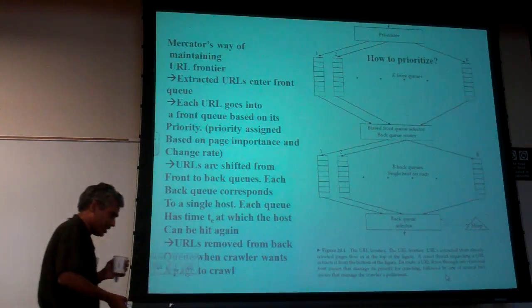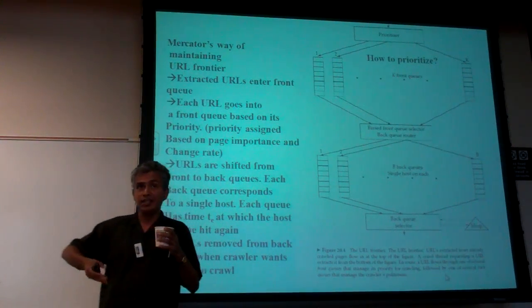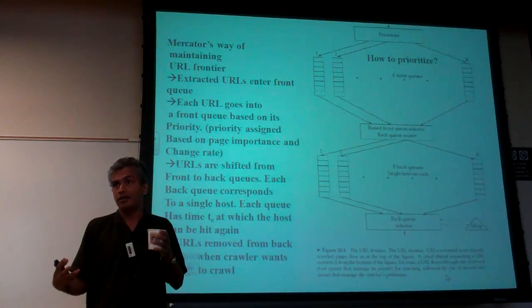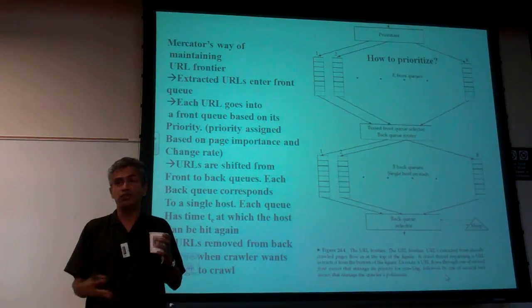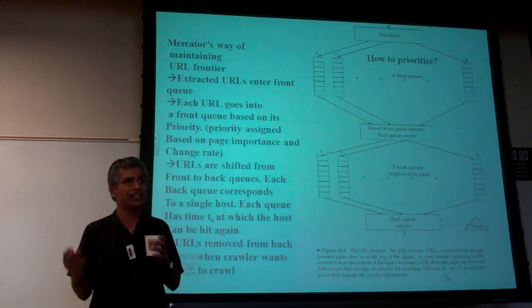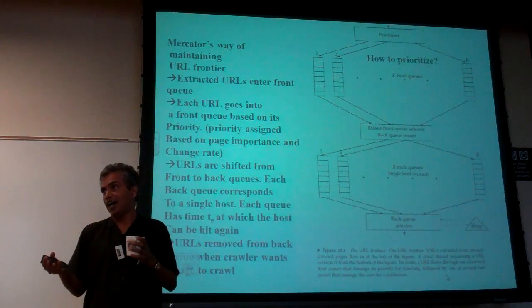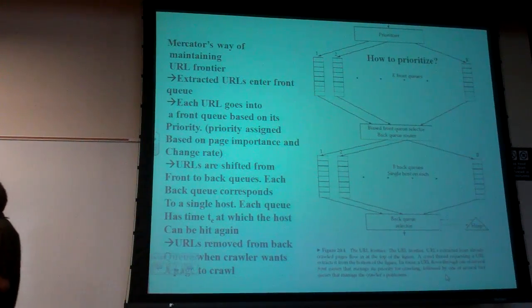So for example, a page in the National Archives giving the US Constitution, I would assume is important, but you don't need to crawl it every day. You see what I'm saying? It takes forever to change the Constitution, and so you don't need to worry. So here is a situation where it's a very important page. Lots and lots of pages will be pointing to it, especially all the grade school kids reading that page to figure out what the US Constitution is. But Google or any search engine doesn't have to keep crawling to see if it has changed.